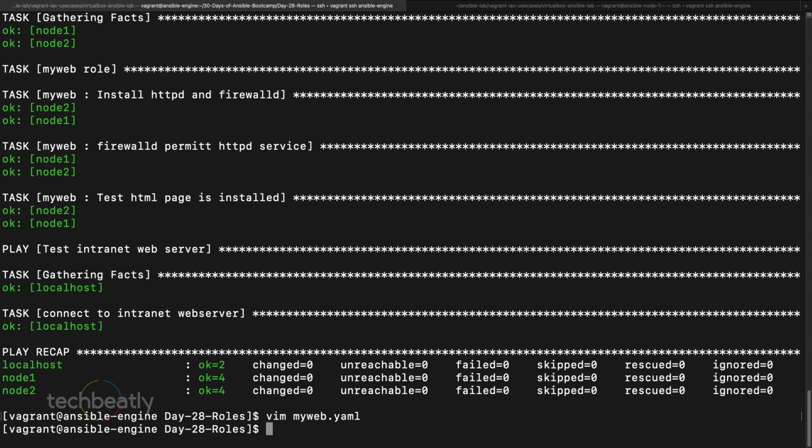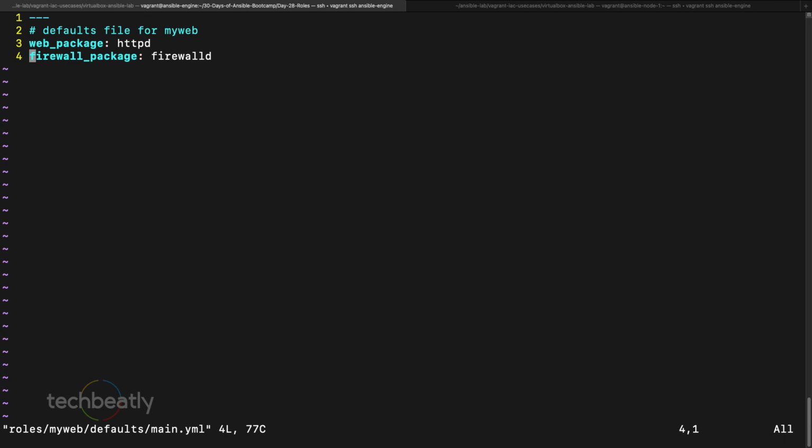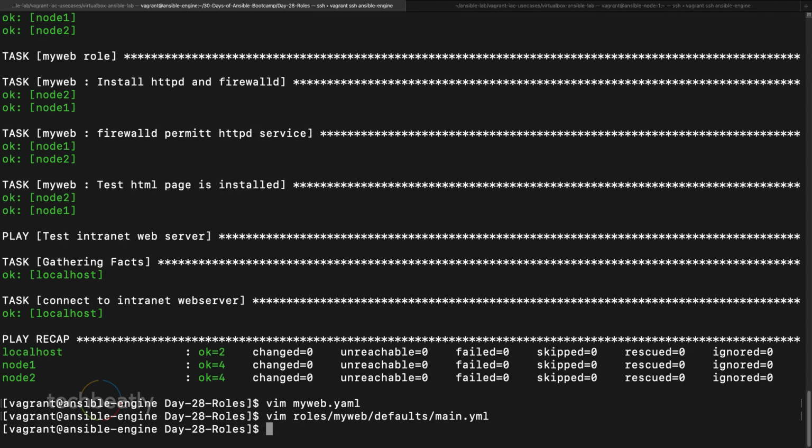the service also. So I have to go to roles myweb defaults main.yaml. Here I want to put web_service. So my web service is HTTPD now, the default one. So roles